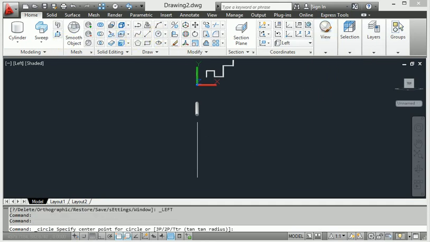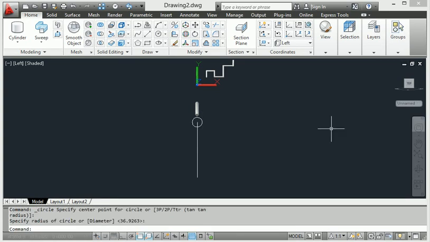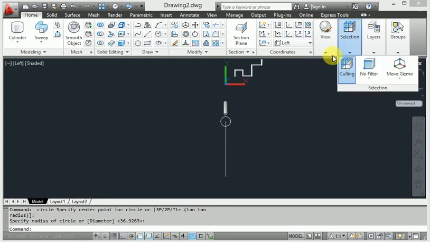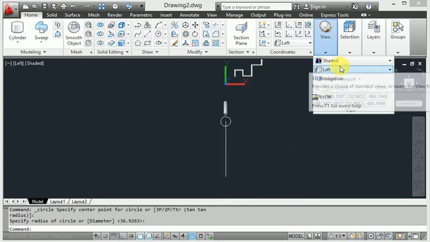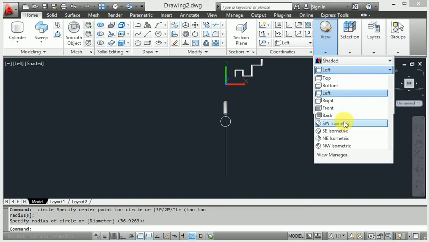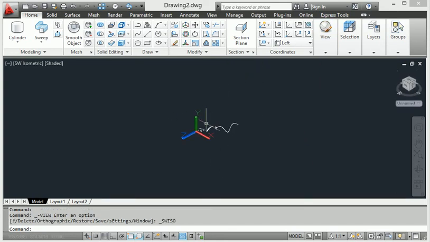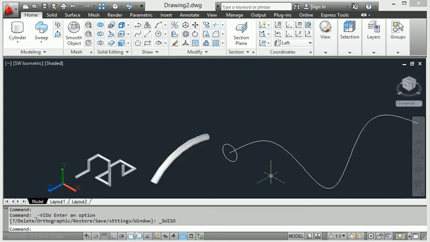First, simply make it this way and create the small circle. And now when we go to the 3D view again and enter the 3D view, it makes the circle.